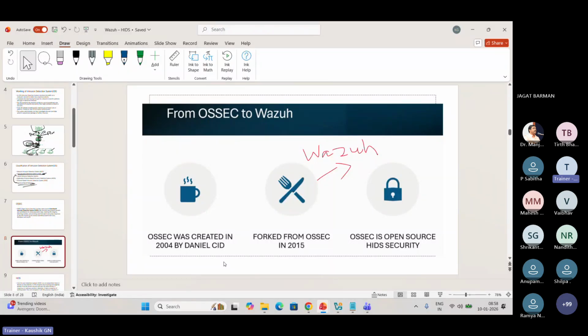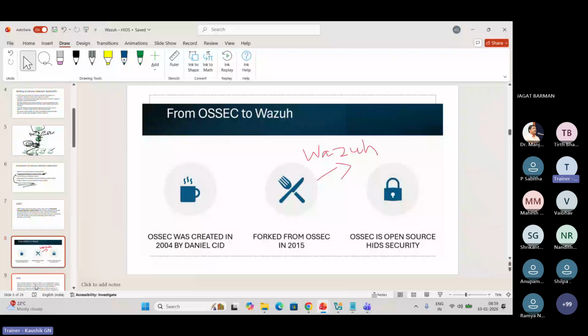He is a security researcher who thought that NIDS was out of scope and we needed a host based IDS system. From OSSEC came Wazuh; until now there is no known name of who invented Wazuh. He took the source code, built his own Wazuh, and then Wazuh became very famous.